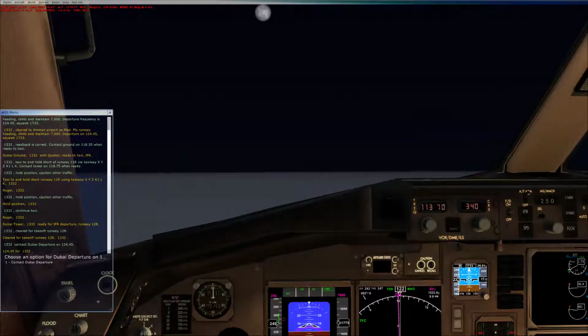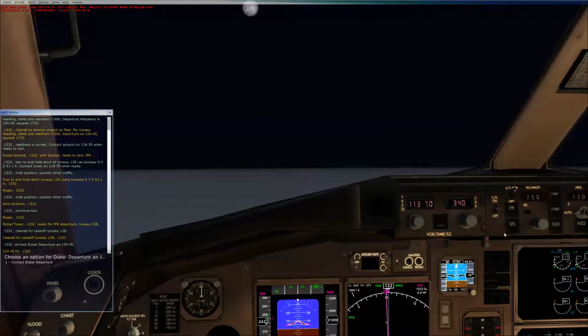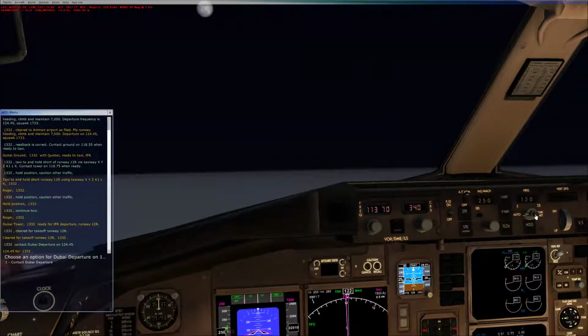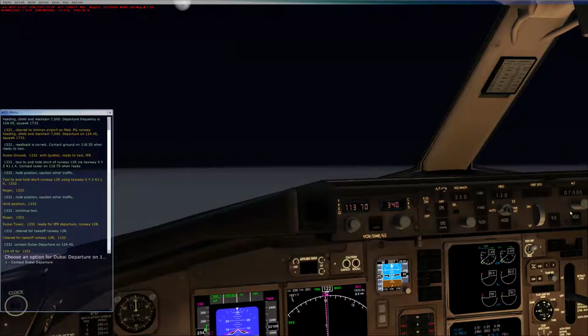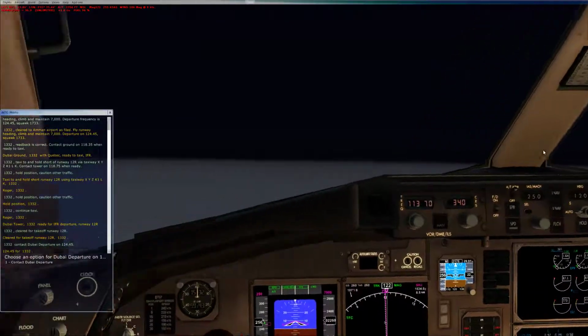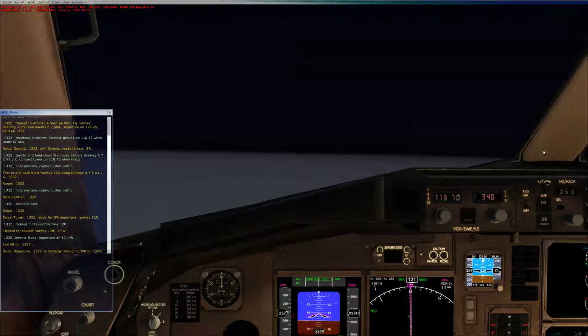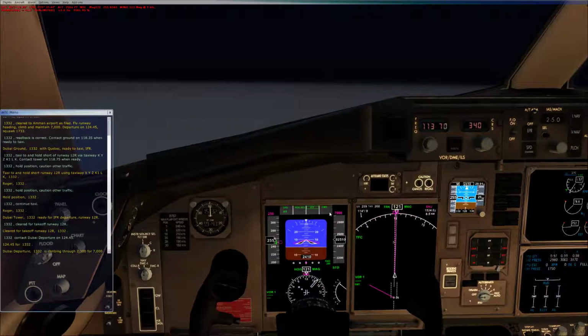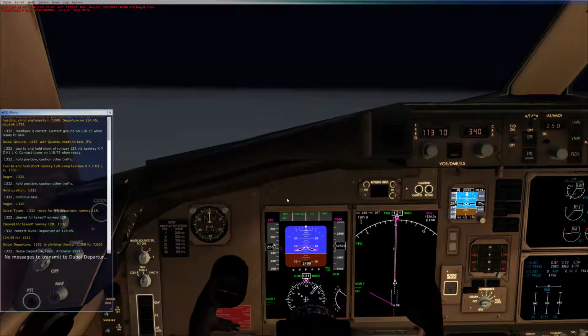Okay, autopilot's engaged. Set speed for 250. Heading select, and vertical speed we're going to set from 2500 up. Okay, autopilot is confirmed on with vertical speed, heading select, and auto